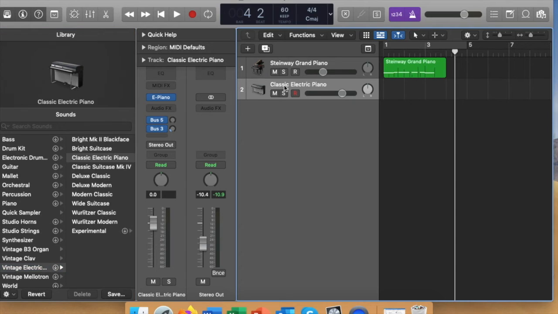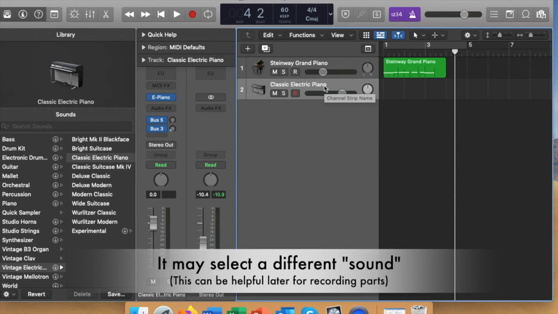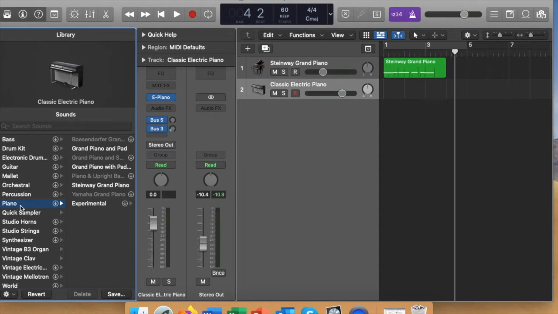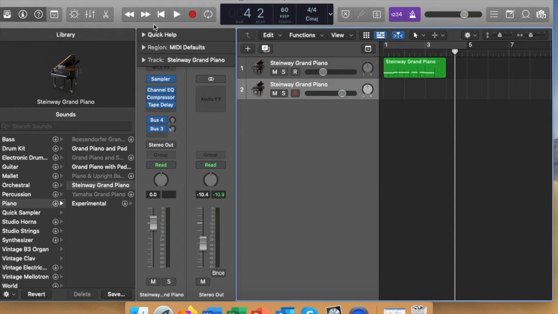Okay. And it's setting you up with a different sound. So sometimes that can be helpful. Let's say you're recording 4 voice parts. Really helpful to put different sounds for each voice part so they're listening to that timbre if you're just recording the part on piano. If you want them all to be the same, as in a piano accompaniment, then you would go back to Piano, Steinway Grand, double click, okay, and then get everything back to the beginning, count it off,